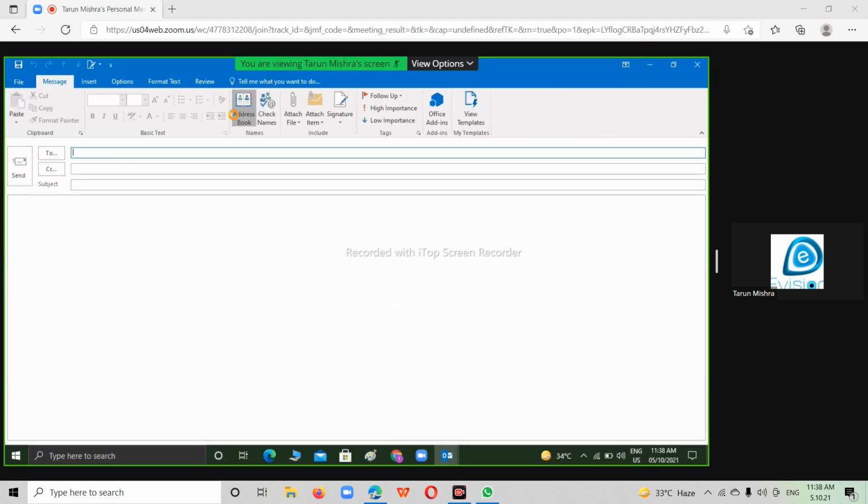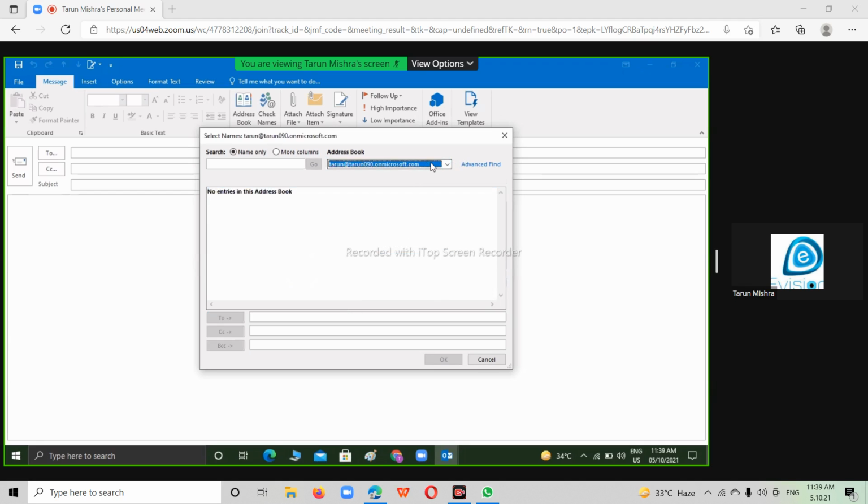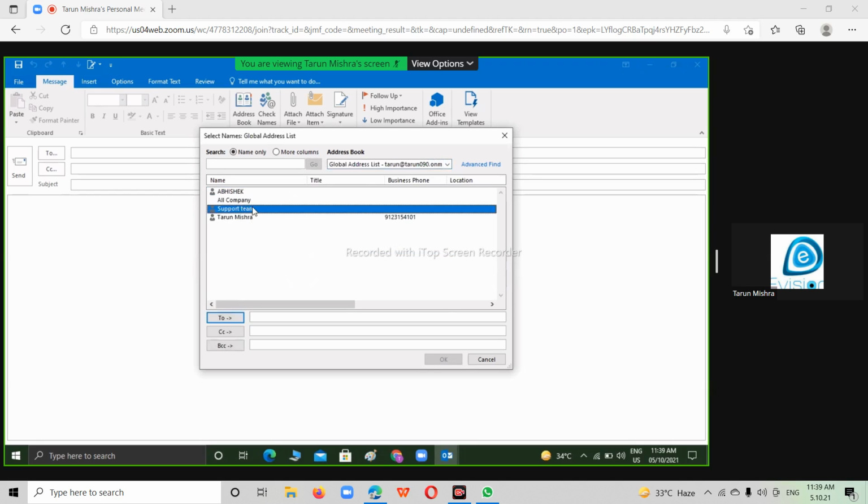You are seeing the offline address book, and then the global address list. If you click on global address list, you will get everything listed. By default all the users are present under the GAL. You can see the global address list, and the support team is also present.